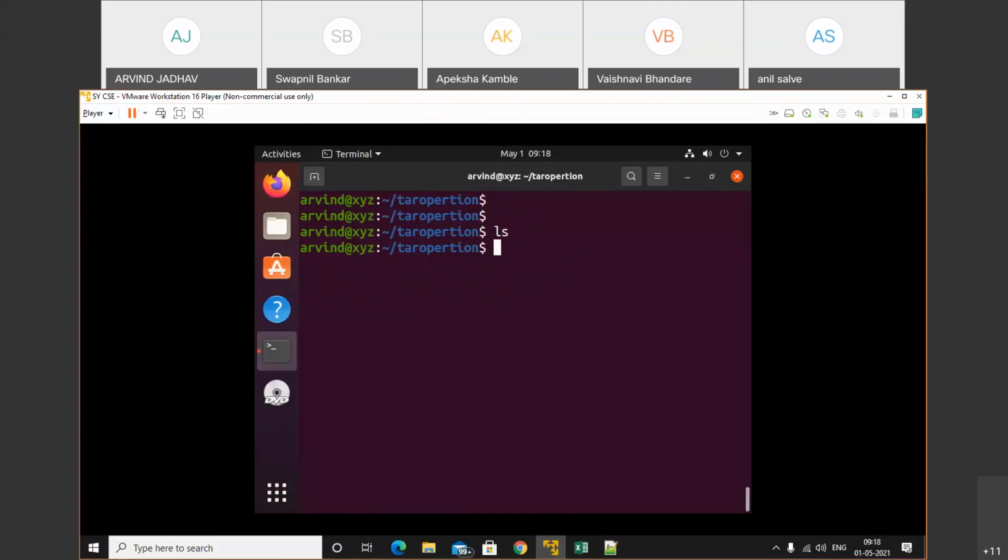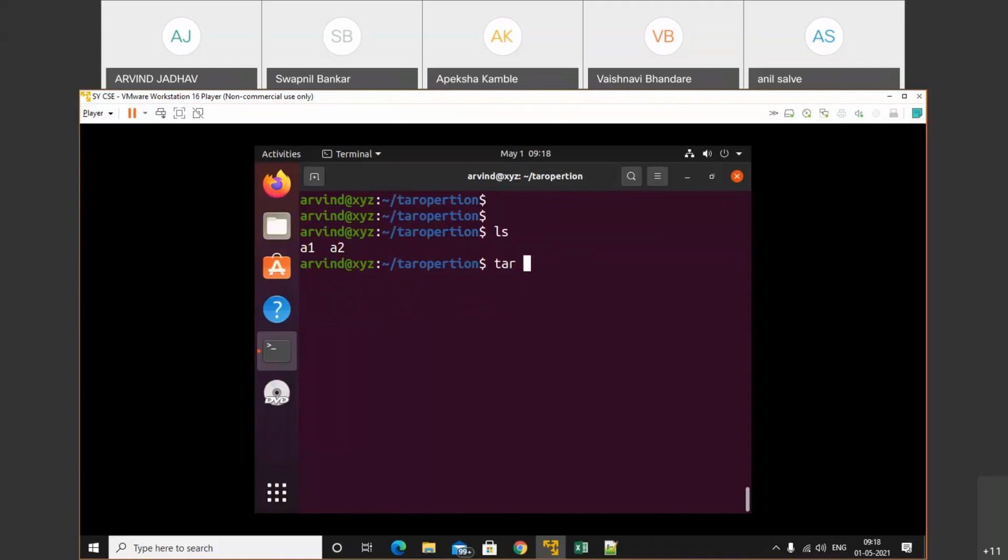ls. Here we'll create two files. Assume they are empty files, or we can create them with cat: a1, I am from a1. Similarly, we'll create a2 also. I am from a2. Let's check whether the two files are created. We successfully created these two files. Now we need to apply the compression algorithm on these two files.